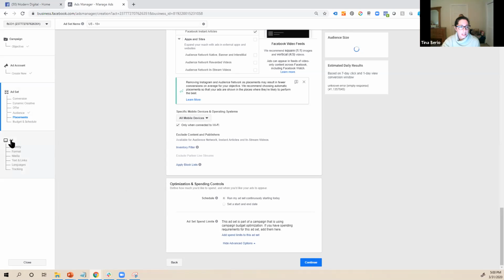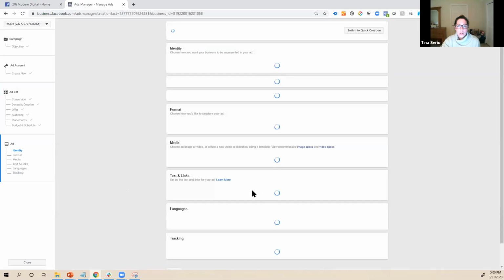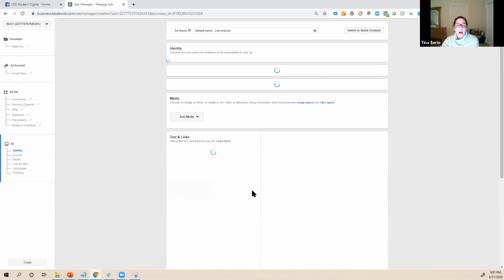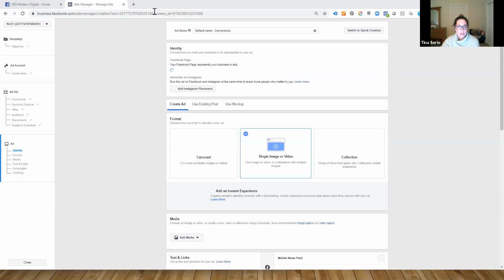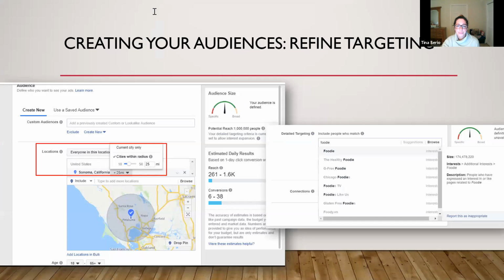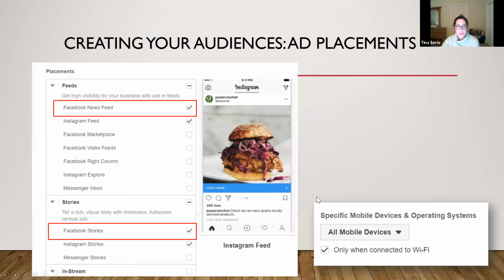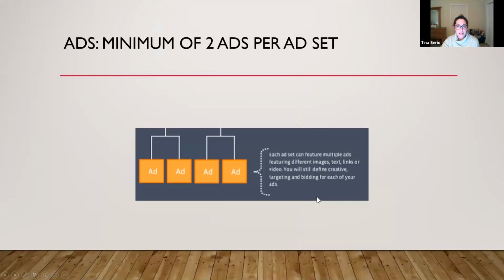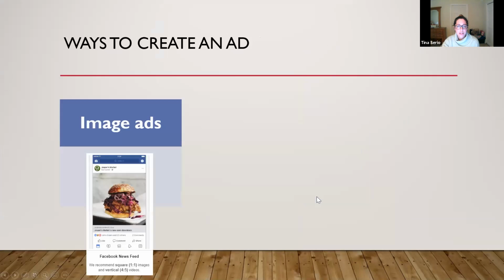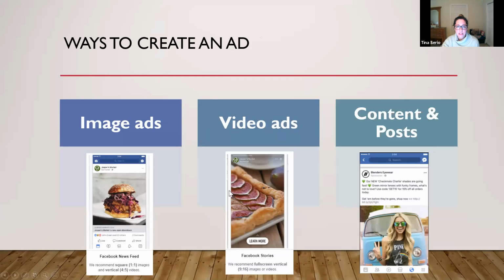All right, I'm just going to jump into the ad section here. So when you're creating your ad, the first thing that you'll want to do, actually, let me just click over to my presentation. That way, this Facebook is, of course, going to be slow. There we go. Okay, so you'll get all these screenshots after. Now we're going to create our ad. So there's a couple different ads that I just showed you the placements for. But you're going to have either an image ad, a video ad, or you can create an ad based on a post that you've already created. So those are the different options.